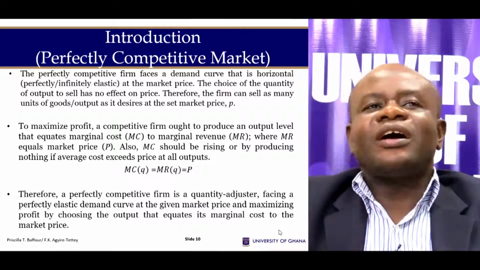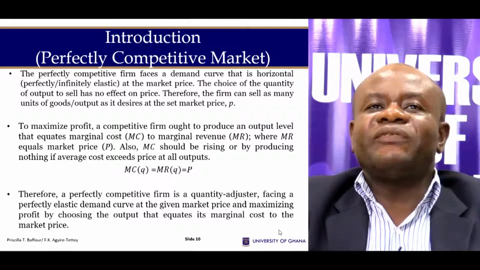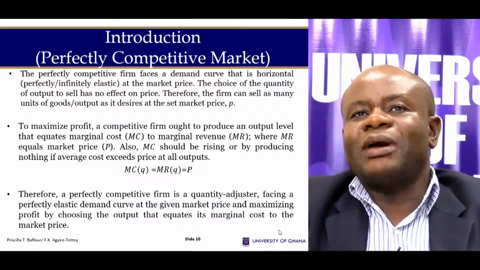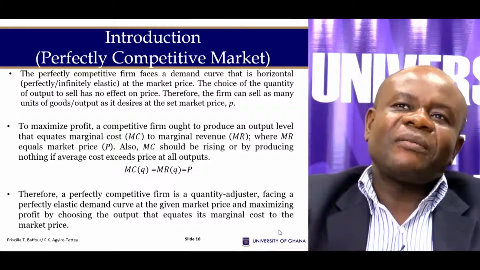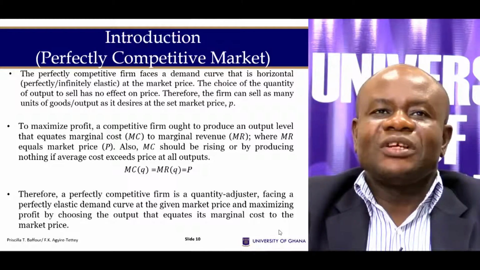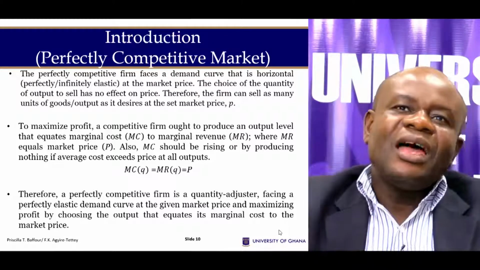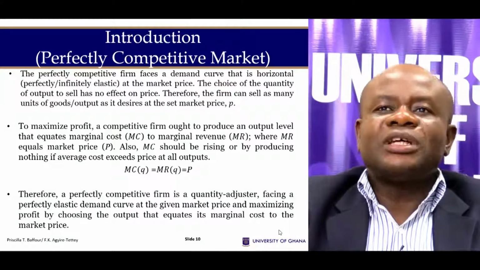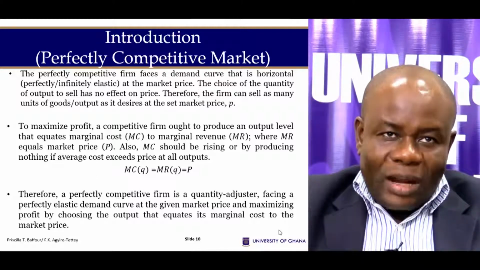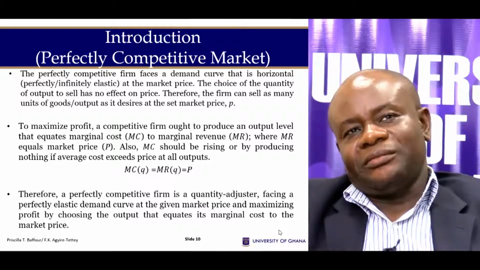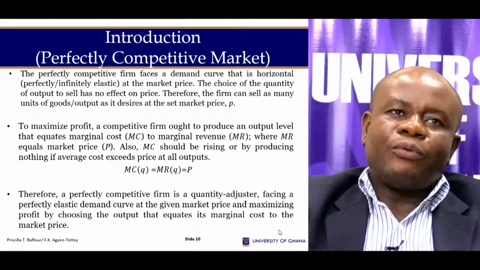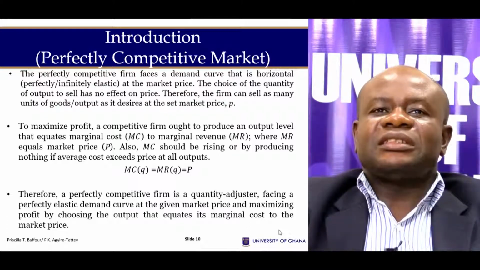The choice of a quantity of output to sell has no effect on the price, because we've already said that the firm forms an insignificant proportion of the market. Therefore, the firm can sell as many units of the good as possible at the existing price. So to maximize profit, a firm ought to produce an output level that equates marginal cost to marginal revenue, where marginal revenue equals the price of the commodity. Also, the marginal cost must be rising, or the firm produces nothing if the average cost exceeds the price